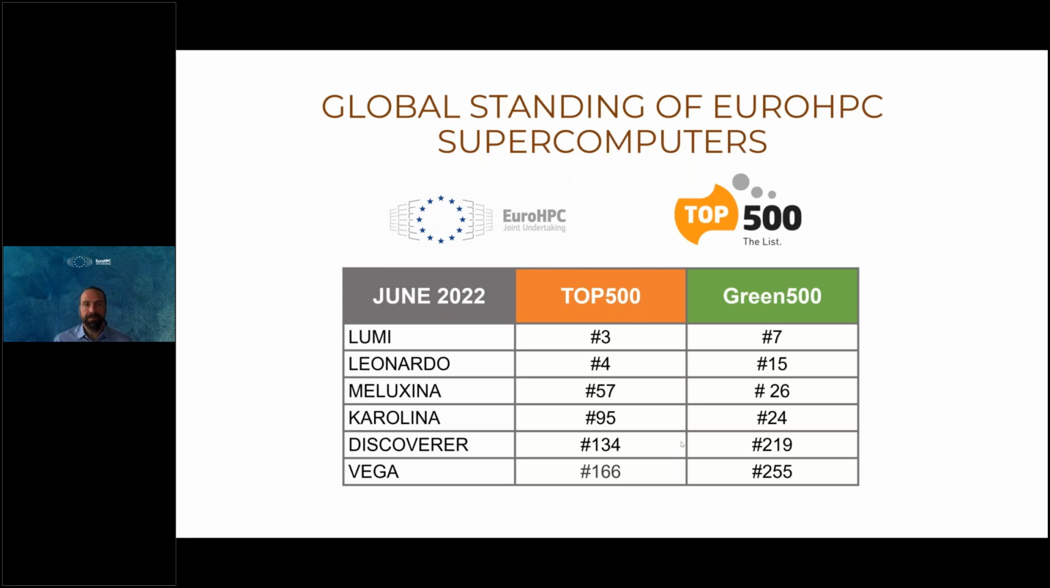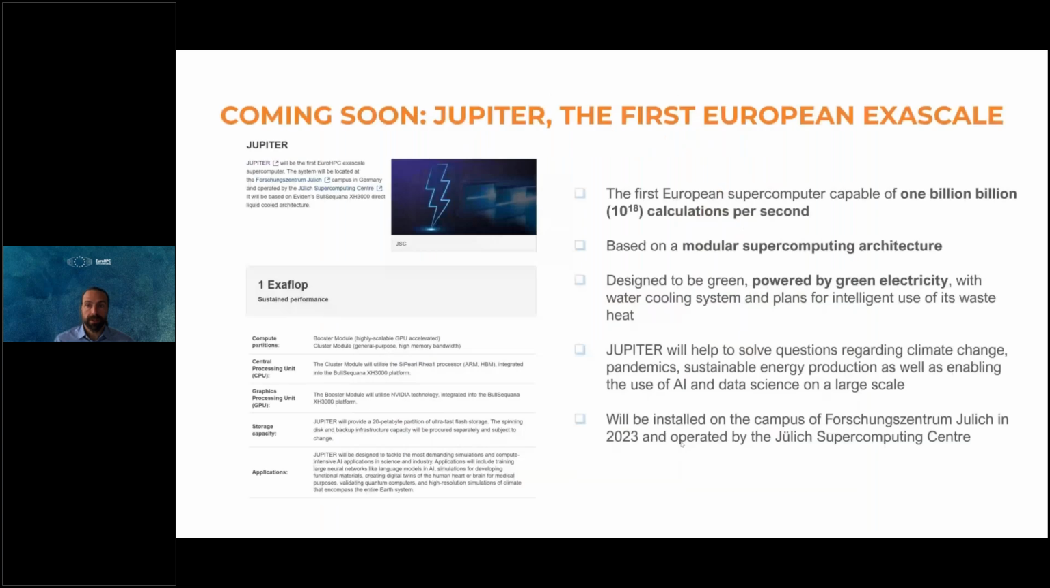Coming soon, Jupiter, the first European exascale system. As I mentioned, we have just very recently signed the procurement contract for this system. It will be based on Evidence Sequana XH3000 technology with a direct liquid cooled architecture. It will be installed at the Research Center Jülich campus in Germany and also operated by the Jülich Supercomputing Center. And it will